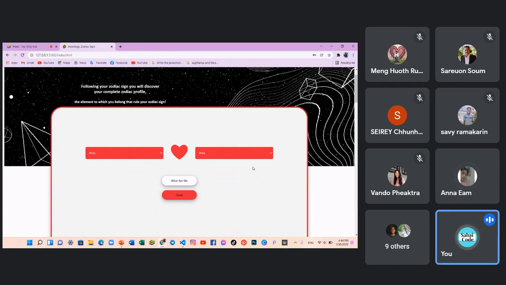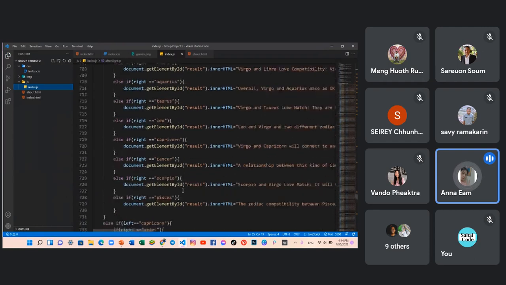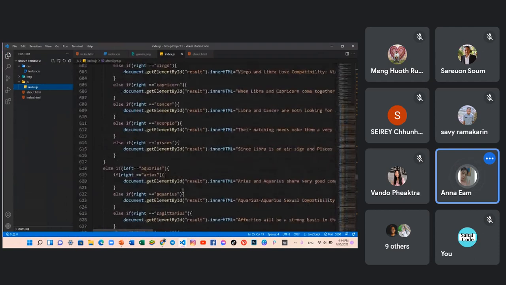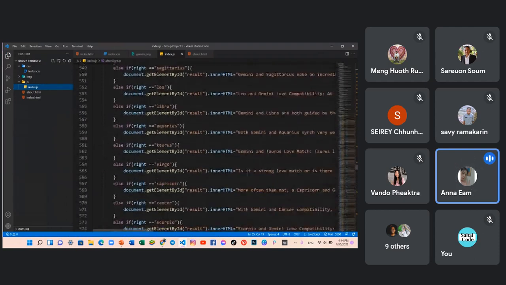What you use to compare, what you used to get, or you just say it. Very beautiful. So this is how we do it. We use comparison in JavaScript